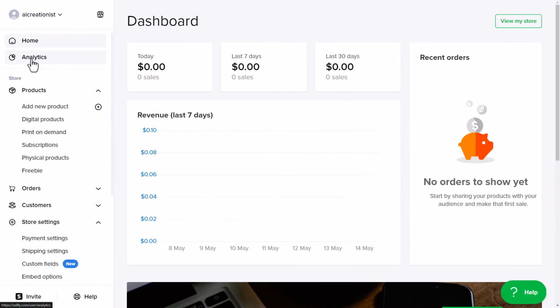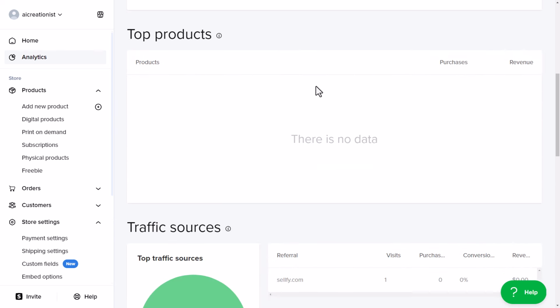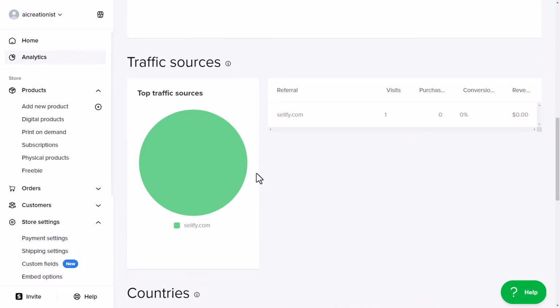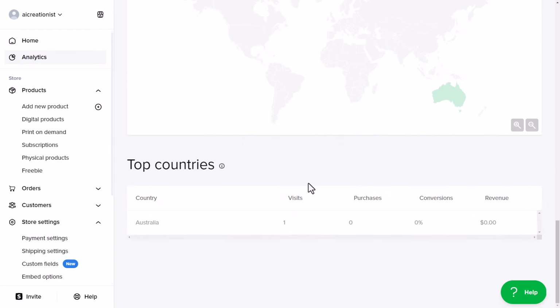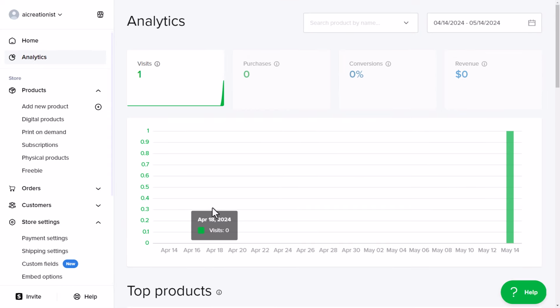Over here under home, you have analytics. We can go through and see how many people are visiting our store. We've just created it, so the only visitor is us. You can see which products are performing the best, where your traffic is coming from, and which countries you're selling from. So that is a handy way to see who's coming to your store, what's performing best, and how to take that information and use it to improve what you're doing